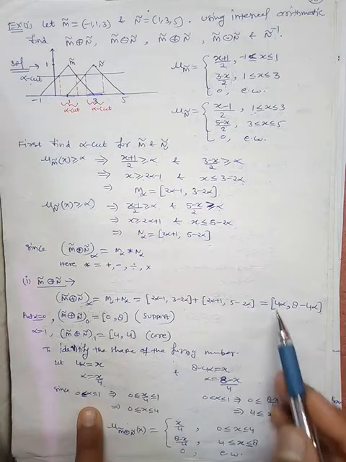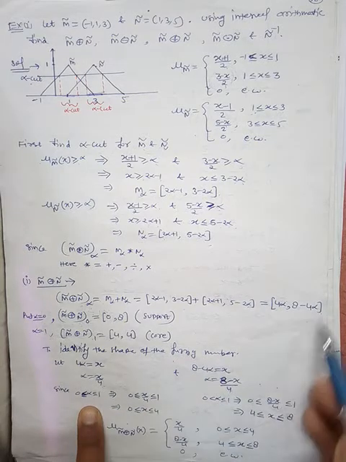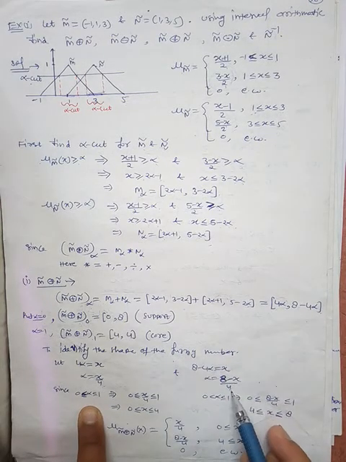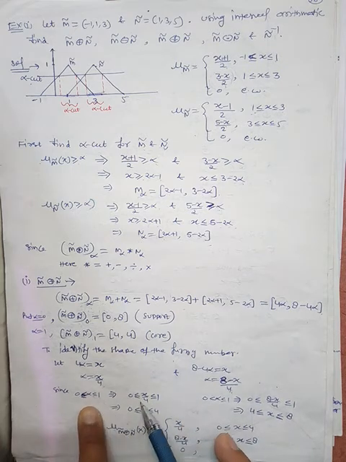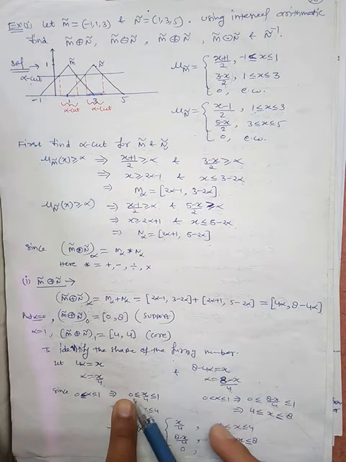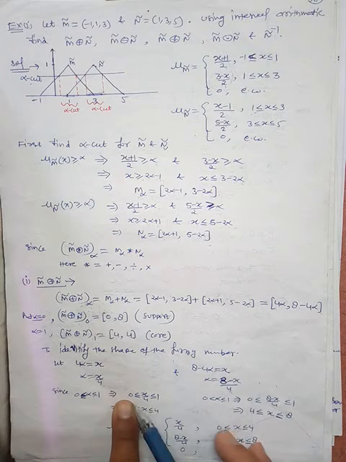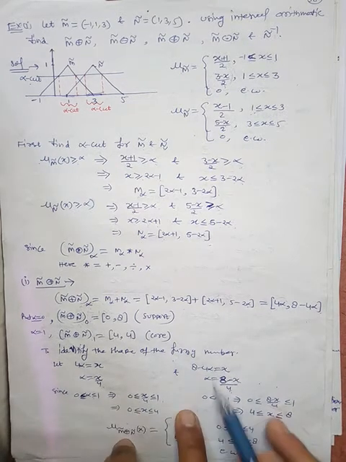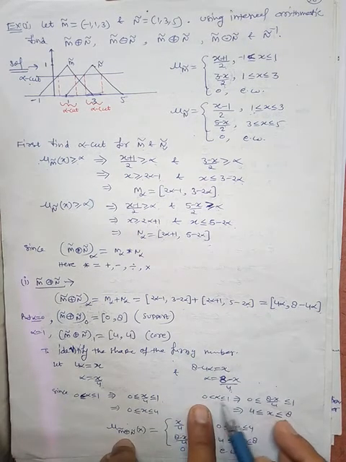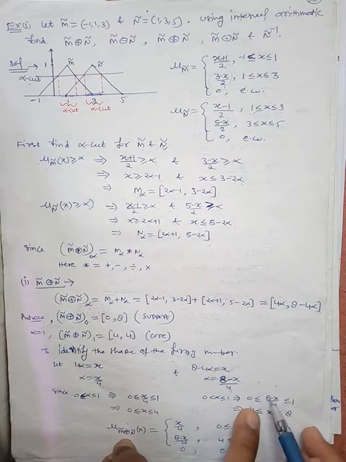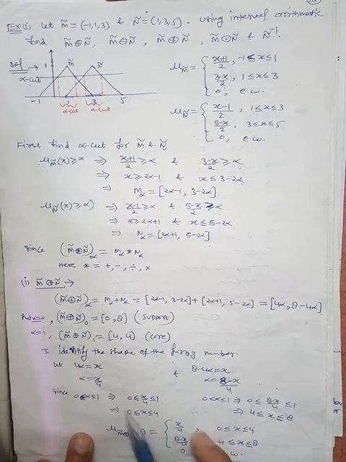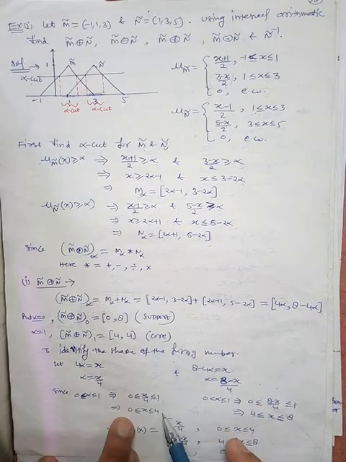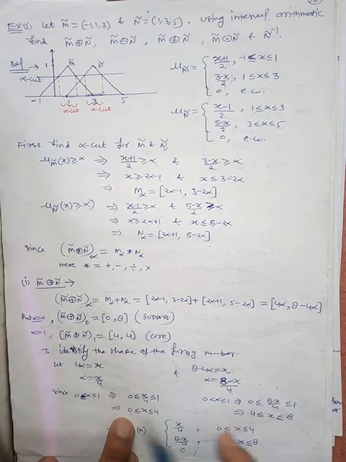Okay, so alpha for this is x by 4. From here, alpha is 8 minus x by 4. But we know that alpha varies from 0 to 1. So for the first one, just replace alpha by x by 4. So 0 is less than or equal to x by 4 is less than or equal to 1. Similarly, for the second one, we know that alpha is between 0 and 1. So 0 is less than or equal to 8 minus x by 4 is less than or equal to 1. So from here, what is the range of x? 0 to 4. Just multiply by 4. So we get this range.